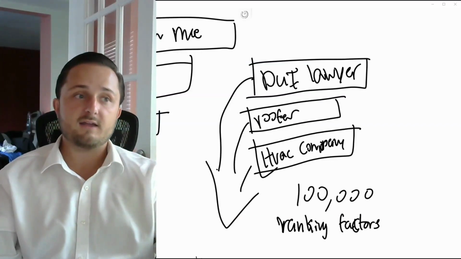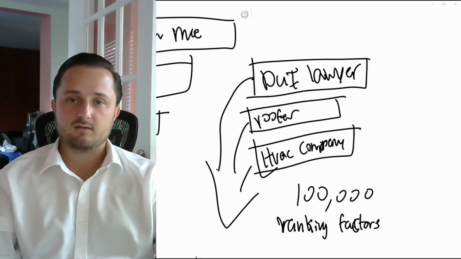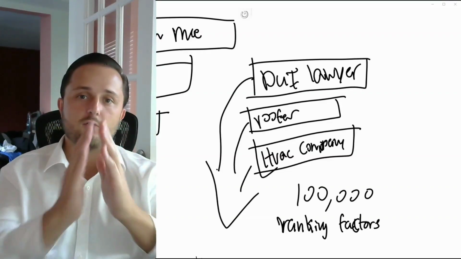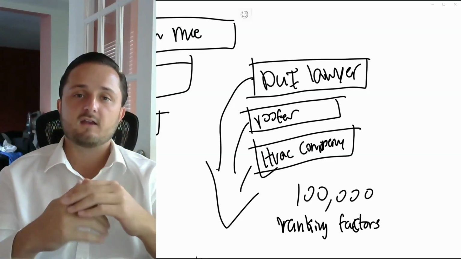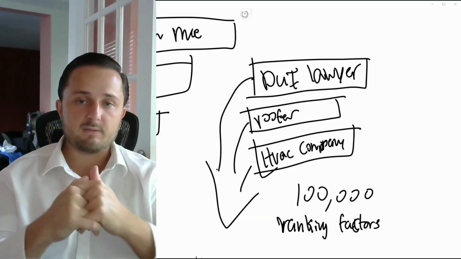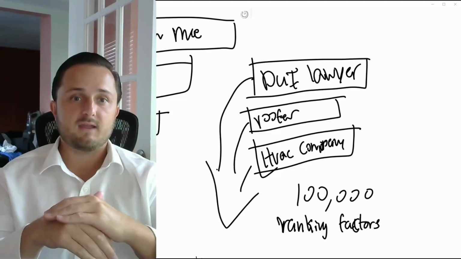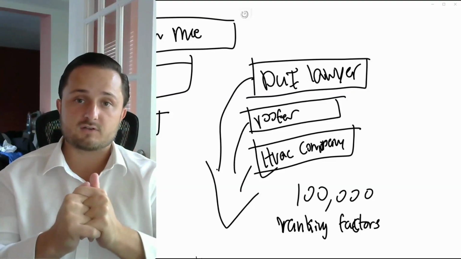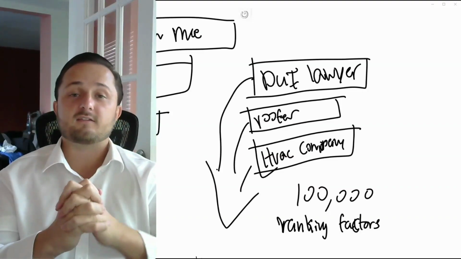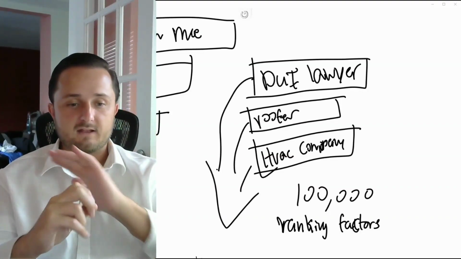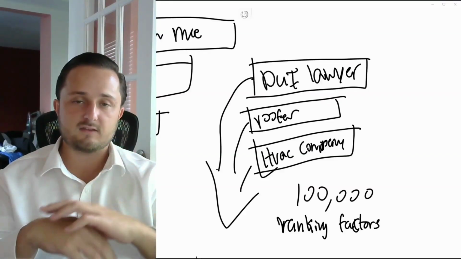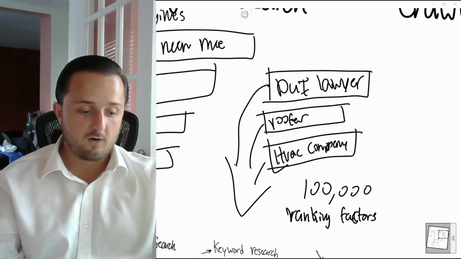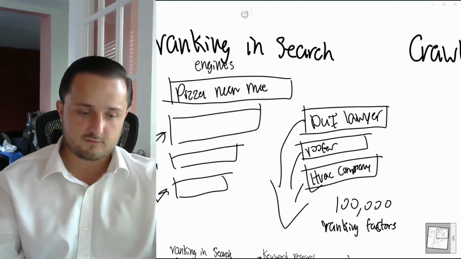And then over time, I will see, okay, that actually didn't rank. So maybe I'm wrong, or maybe I didn't do enough, et cetera, right? There's a whole post-process to figure out, okay, maybe I need to do X, maybe I need to do Y. Maybe there's something else that interfered, and that's why it did rank in first position. So now I have to go figure out, okay, now I have to test it without that, right? That's a whole bunch of the scientific method of A/B testing. I'm not going to get too much more into that detail, but that's a little bit of our process of how we figure out how to rank in search.